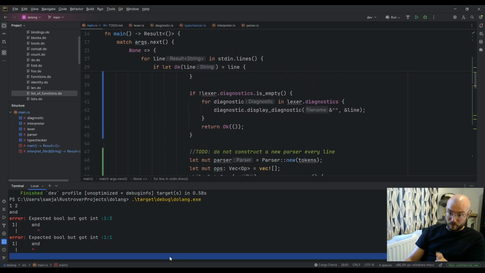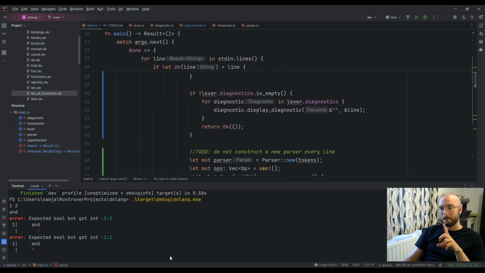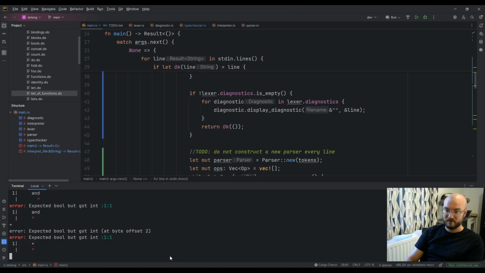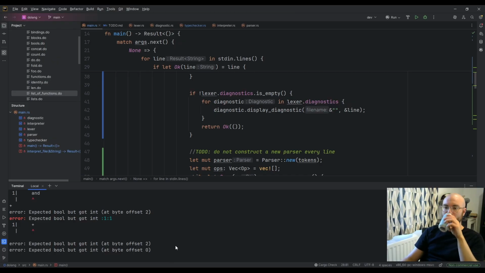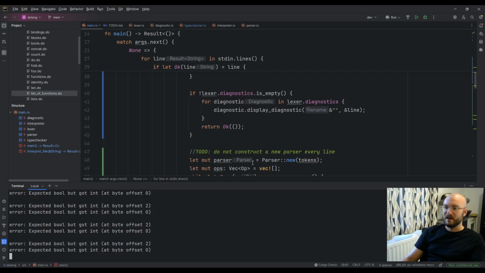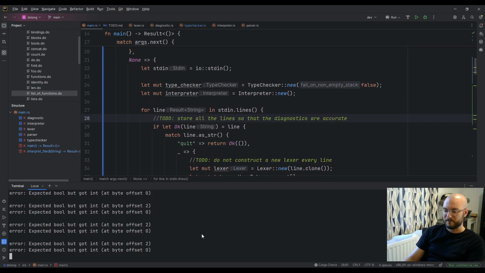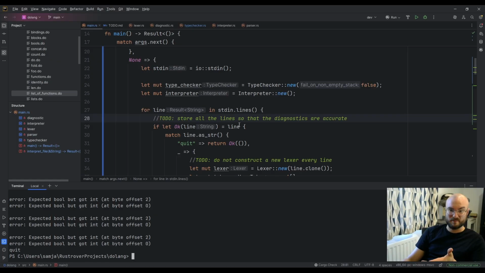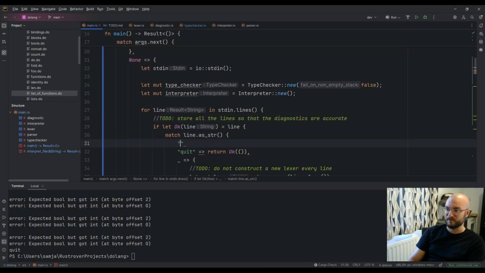Okay, but we're still in the REPL. So now if I do plus, okay, it didn't work. I can keep hitting enter. Maybe, okay, another error case. If the line is empty, we continue.